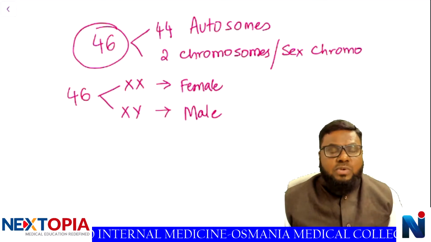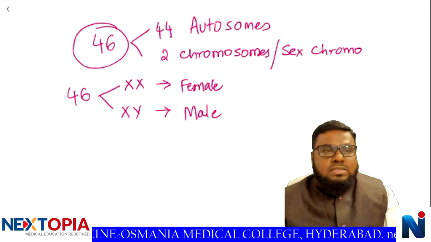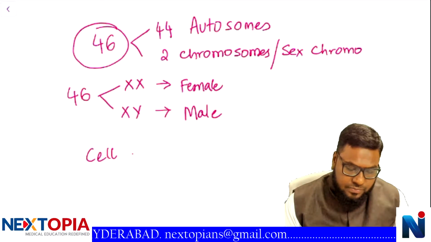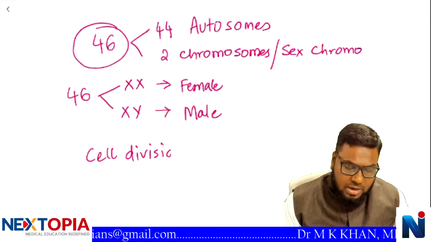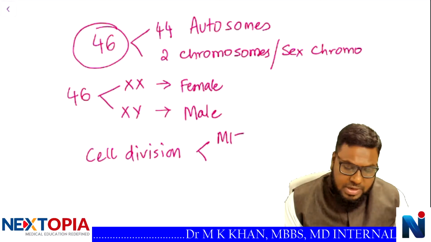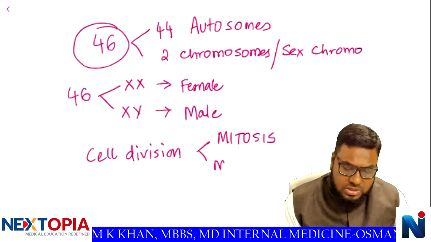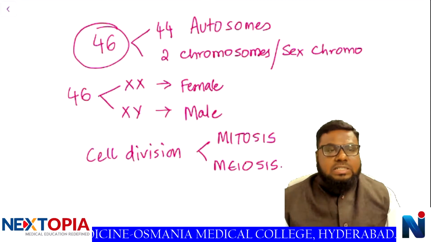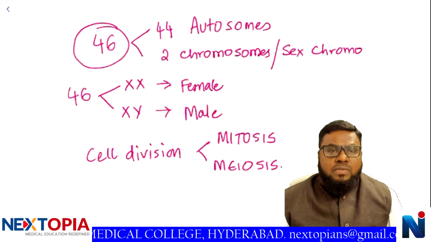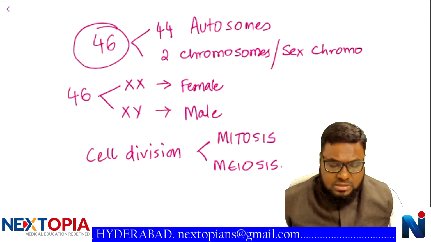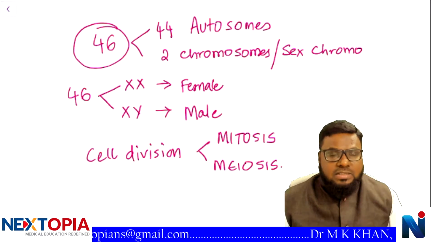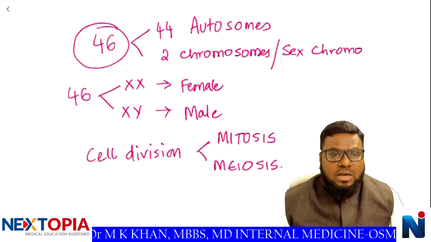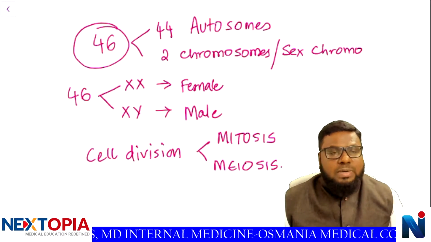Then we are summarizing what we'll be discussing in today's class. So today we will also discuss how cell division takes place. We'll be talking about the mitosis phases, mitosis and meiosis, the two different types of cell divisions. We'll talk about the growth factors responsible. We'll talk about the different diseases that can occur in inheritance, like X inheritance or Y inheritance, diseases related to the X chromosome, diseases related to the Y chromosome.